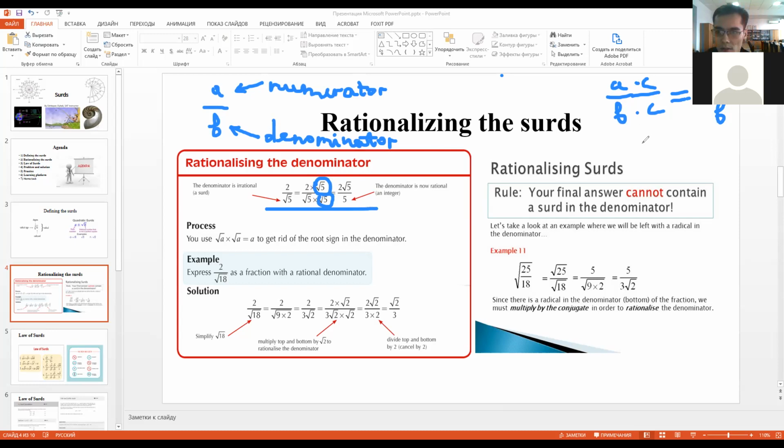If you multiply the same surd as many times as the degree, for example, the degree of this surd is equal to 3, it means if you multiply 3 times the same surd,